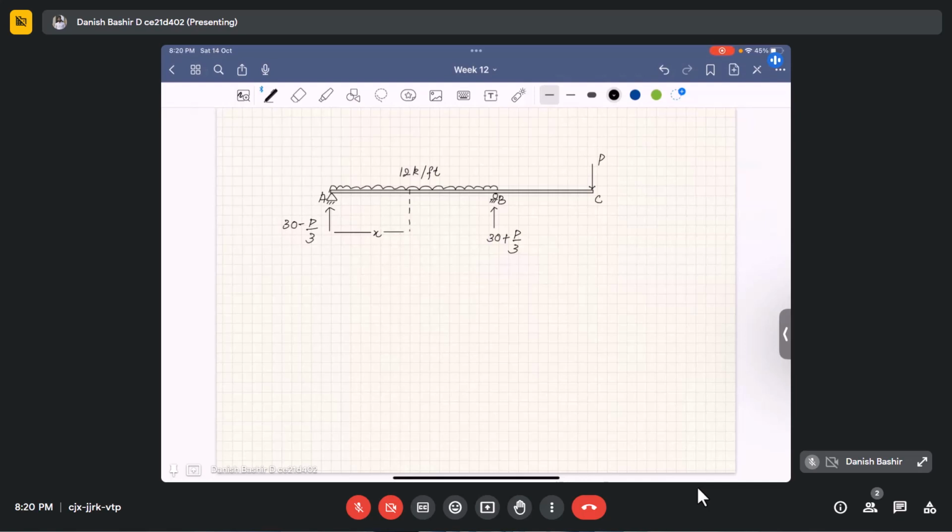One segment will be AB, and another segment I will take as CB, in which I will take the origin as C. From here I am changing x like this, up to this point. So x will be 0 here, and up to x equal to what is the limit? The limit is 10 feet, because this is 10,